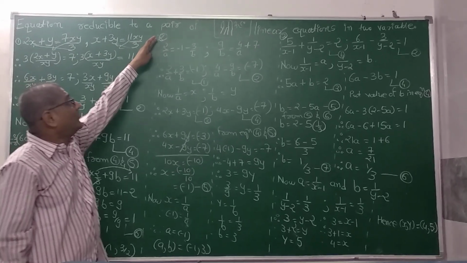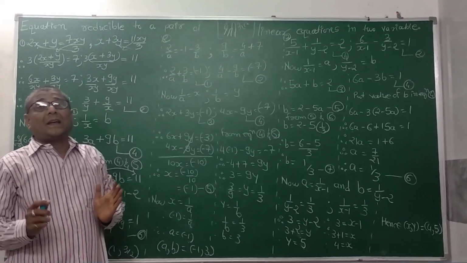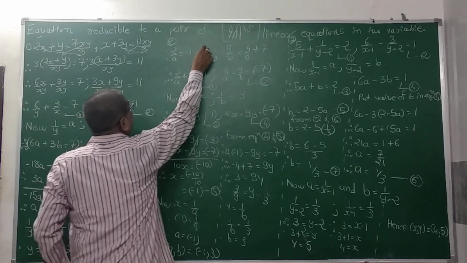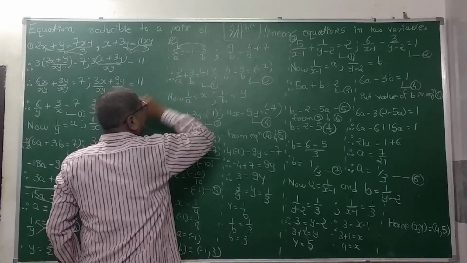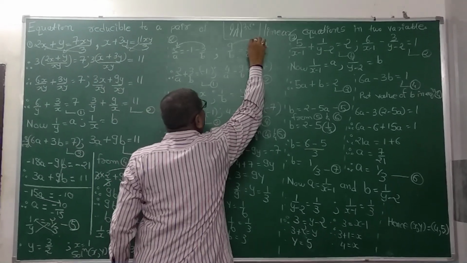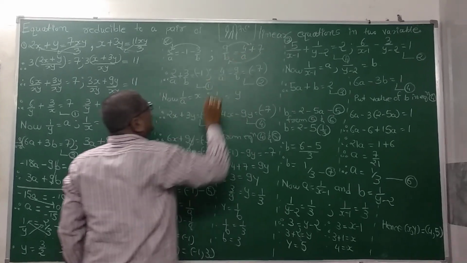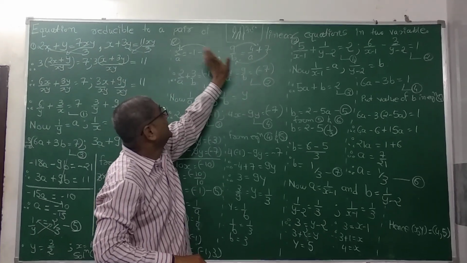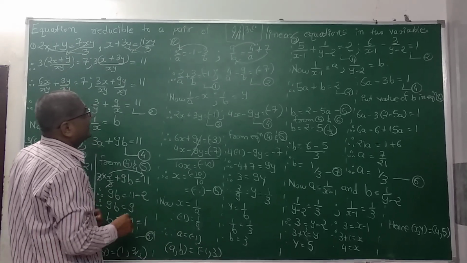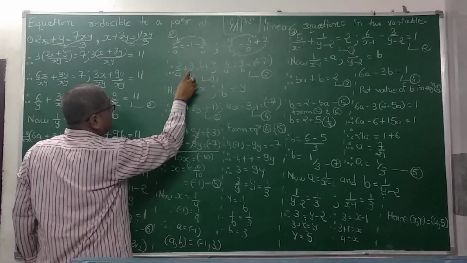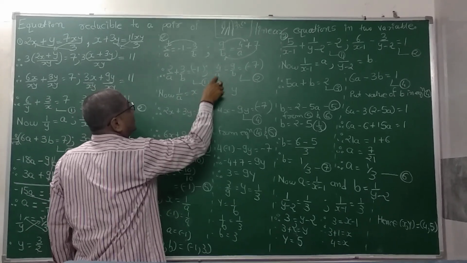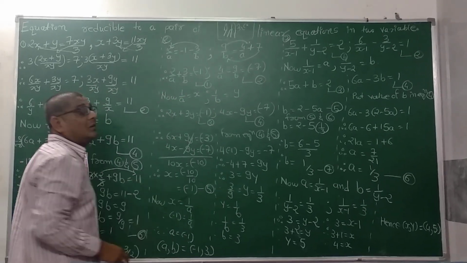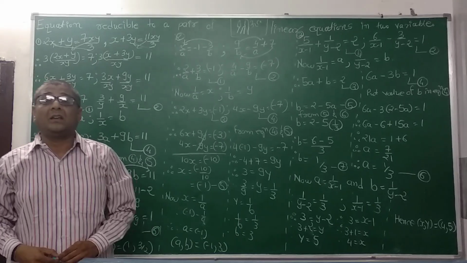Now, the second example. Here the term is not on one side, so we convert it to one side by using the law of linear equations. So the 3 upon b goes to the left hand side, and this 9 upon b goes to the left hand side, so its sign is changed, and 7 goes to the right hand side. So the equations are 2 by a plus 3 upon b is equal to minus 1, and 4 by a minus 9 by b is equal to minus 7. Again, these equations 1 and 2 are not in the standard form of linear equation.